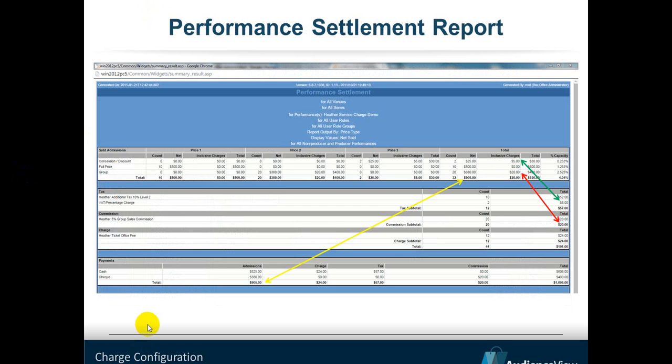Okay, the next thing I wanted to look at was how charges report. So I've configured a performance that has a bunch of different types of charges all within the same event. My concession discount price, I've configured a commission, and I've configured that commission as an inclusive charge. So the inclusive charges column here is going to have anything that is configured as either inside or included. So I'm going to see my commission up here in my inclusive charges column, and I'm also going to see